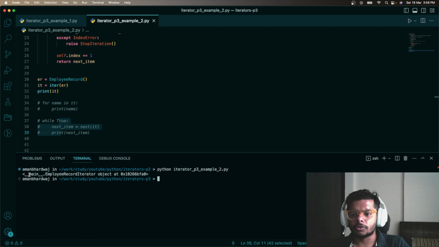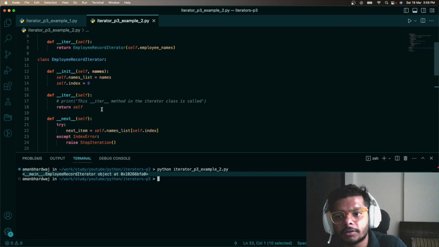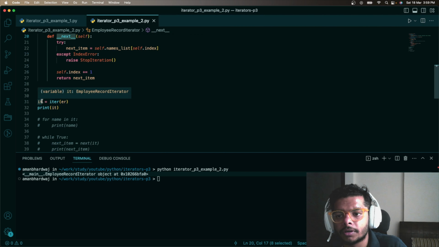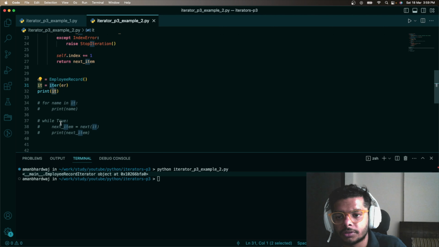So let me print it. If you see, I'm just printing this iterator, and this iterator says it is of type employee record iterator, and employee record iterator implements this dunder next. So when we pass this employee record iterator to the next function here in the while loop,